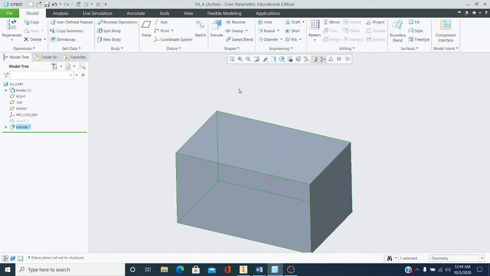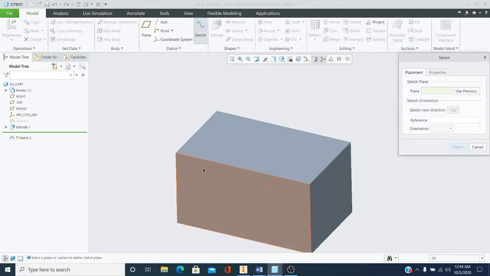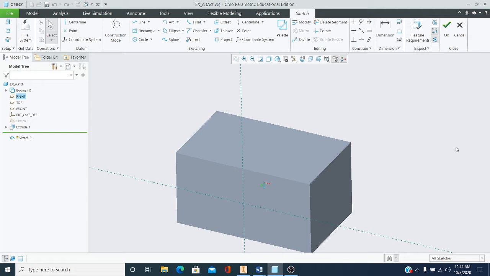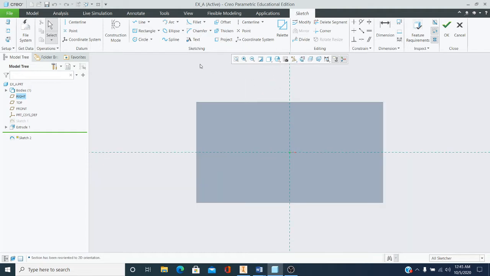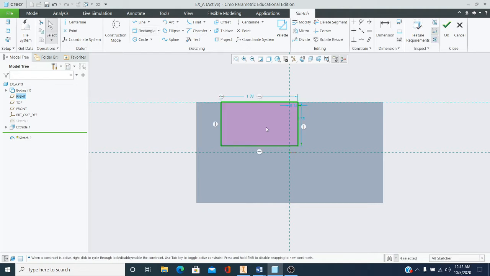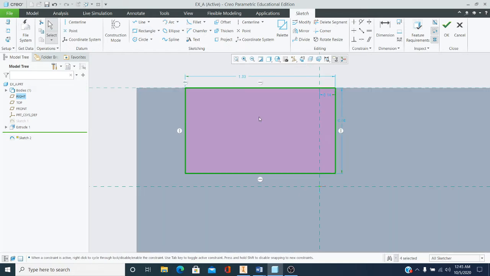All right, we're going to do a sketch on this surface. Select sketch. Do a sketch view. All right, now go to rectangle over here, select corner rectangle, and I'm going to click, see how the line turns green, click with your left mouse button, and I'm going to drag out a rectangle that looks something about like this, and then click your middle scroll wheel,